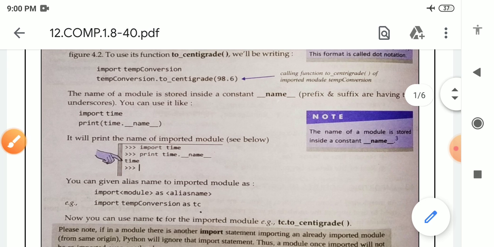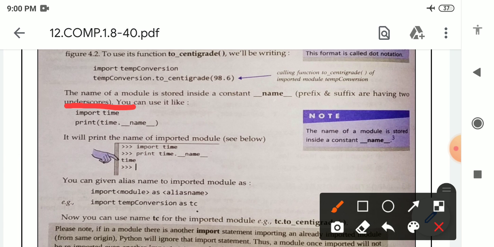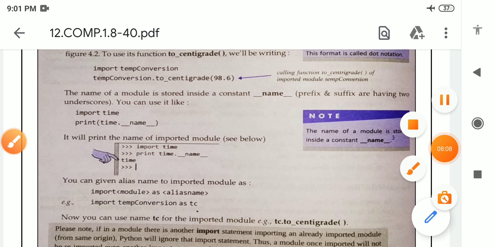After that, the name of the module is time. After that, in the next line we will write a print statement. Print. Inside print we will write what? Time, the name of the module, dot, underscore name underscore, the constant. And after execution we will get the name of the module, time.